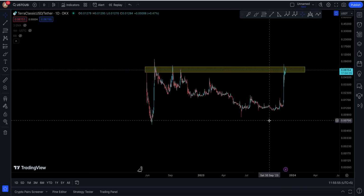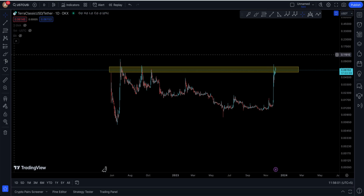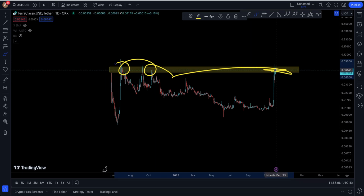We've actually seen USTC quite crazy. I'm really enjoying what USTC is doing right now. But however, as I told you before, you still have a challenge to break above this yellow box that